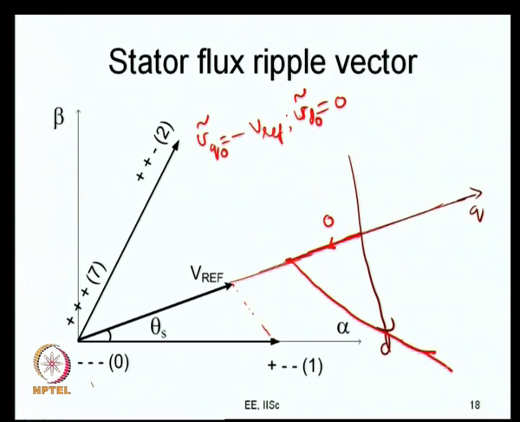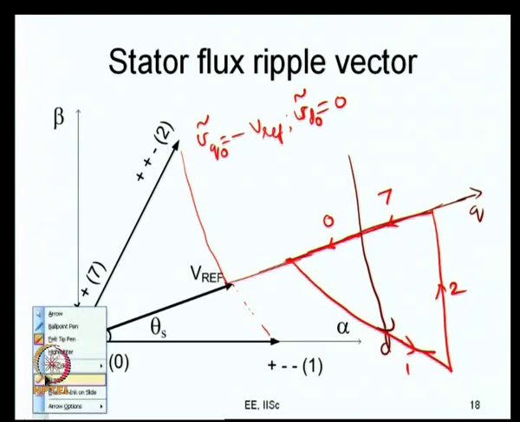Is going to move like this, as I discussed in the last class. This is going to be parallel to that. So, ignore my drawing inaccuracies, and finally, this is your other error voltage vector, and this will move parallel to that, and you will come back to the origin. So, this is 1, this is 2, this is 7.